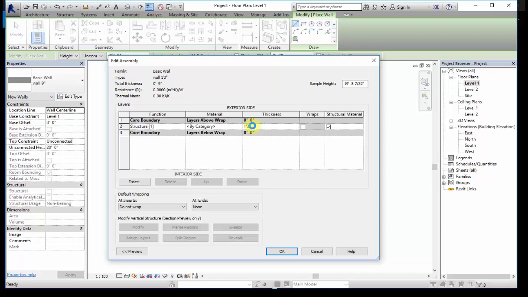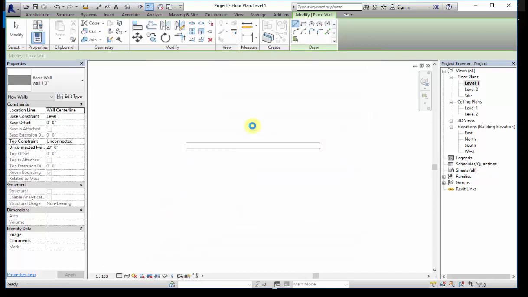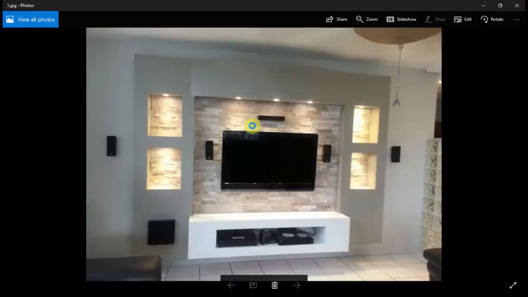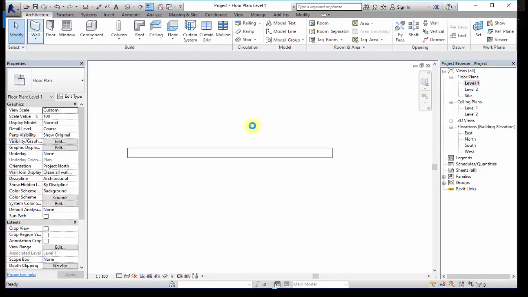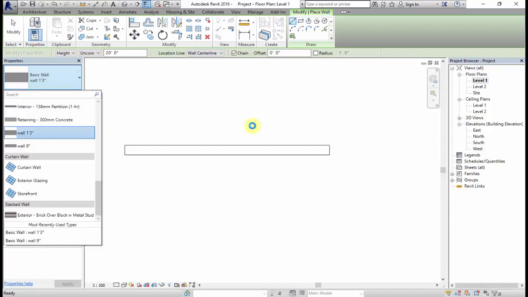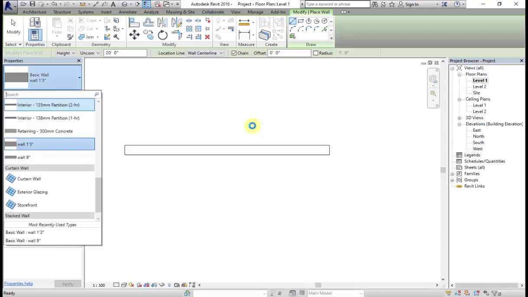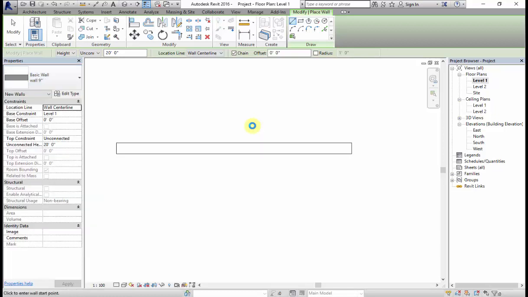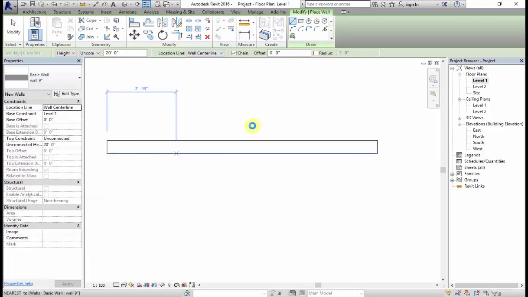Okay, so now I have created my two types of wall over here. Next, first I will do this design. First I'll take my 9-inch wall over here. Besides this wall, I'll take one more 9-inch wall and add it over here. And the length, I'm going to decide it over here, how much length I'm going to take. For example, you can take it up to 7 feet.